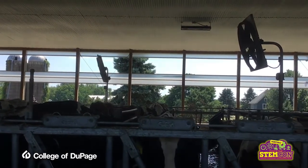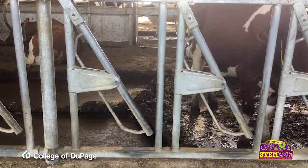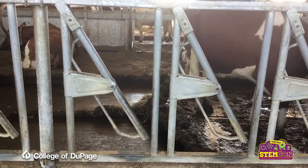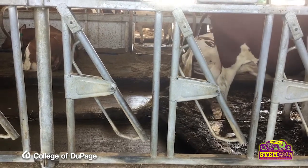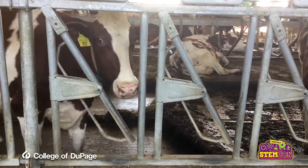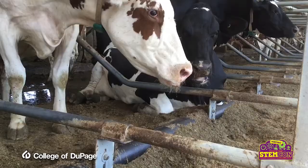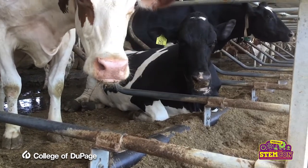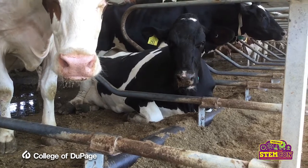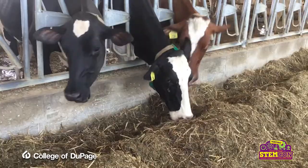The barn is also equipped with robotic cleaning equipment that scrapes the manure out of the cow's area. This manure is put into a methane digester where it's broken down by bacteria. The gas that's created is used to fuel the farm, and the solid part is used as fertilizer. Now, the cows always have access to fresh food and water, and they're able to choose when they want to be milked. A full-grown dairy cow will weigh about 1,500 pounds, so they have to eat about 100 pounds of